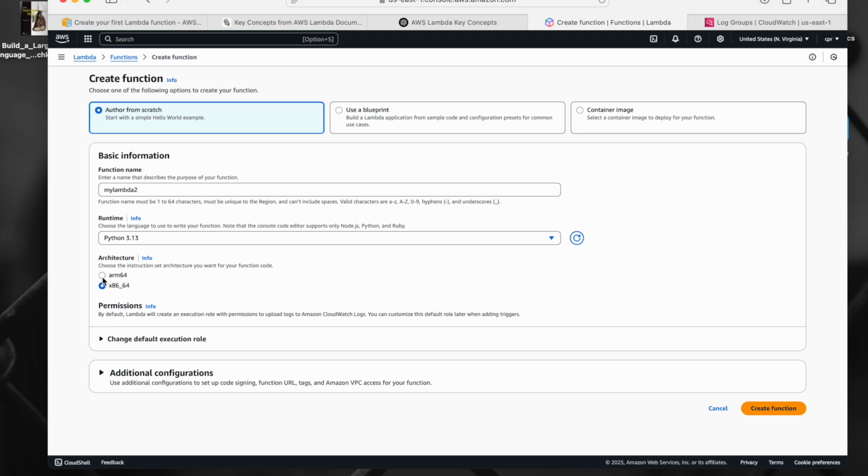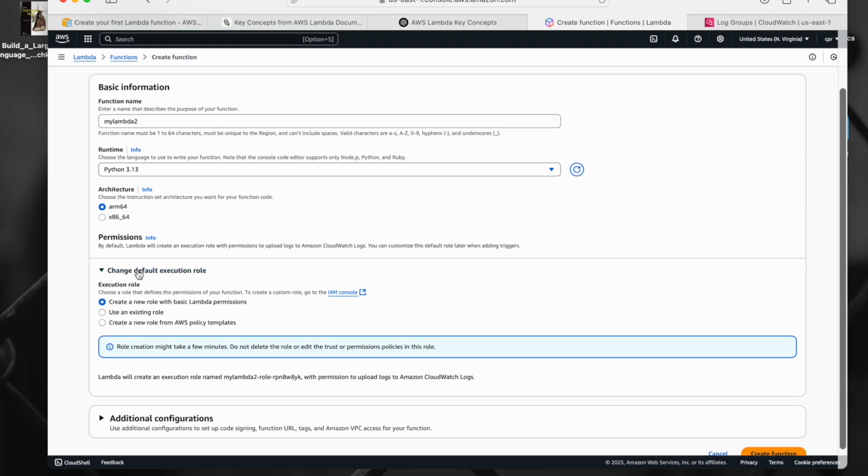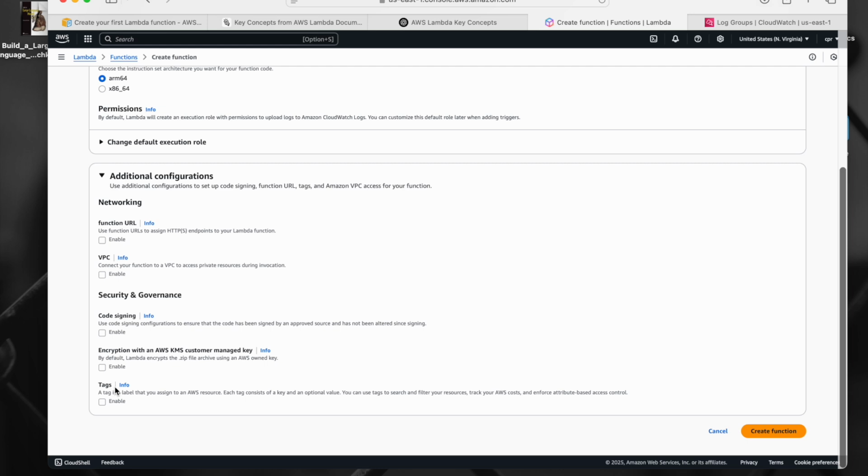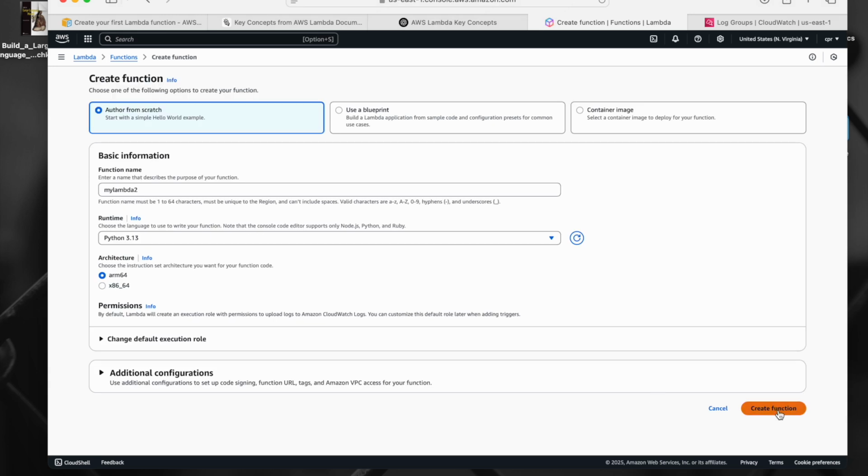I guess we have to use ARM64. This x86_64 is used in case you have some legacy old libraries, then we go with x86. Otherwise, the ideal option is to go with ARM64. And I want to create a new role, which is fine, and I'll explain about all these in the coming videos. What is function URL, VPC, code signing and all, but for now let's create directly. So this is how we simply create a Lambda function, and it will navigate us to that function page,